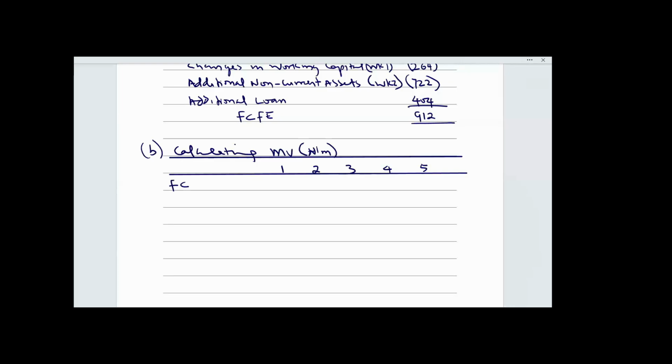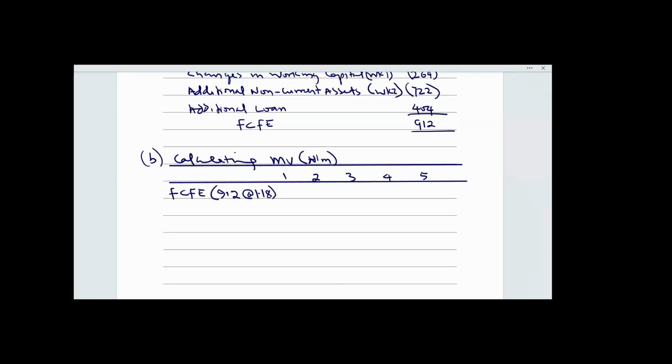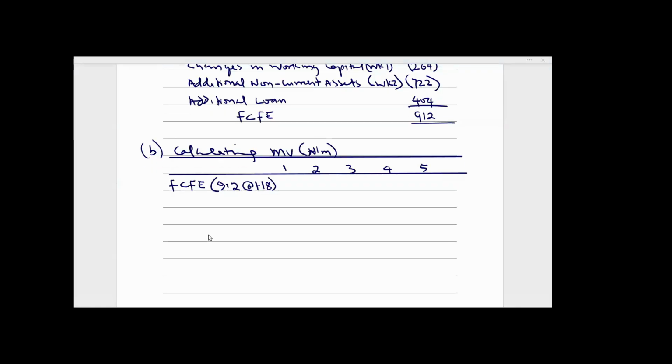So the current free cash flow to equity we calculated is 912, and we are told that this 912 will grow by 18%. So 18% plus 1 will give us 1.18. Therefore, for year one, I need everybody to participate so that you follow through on your calculator and understand how we are doing it. 1 plus G will give you 1.18 because our growth rate is 18%. So 1.18 multiplied by 912 equals 1076. So what you have in your calculator, multiplied by 1.18,